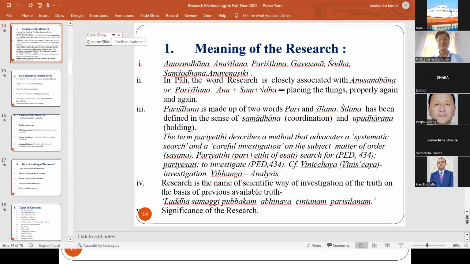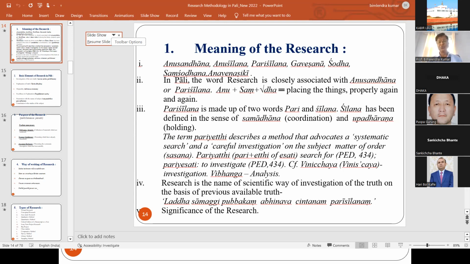This is called upadharana. And when he discusses samadhan, coordination, he says that whatever inconsistency there is related with physical and vocal actions, this is called silan,